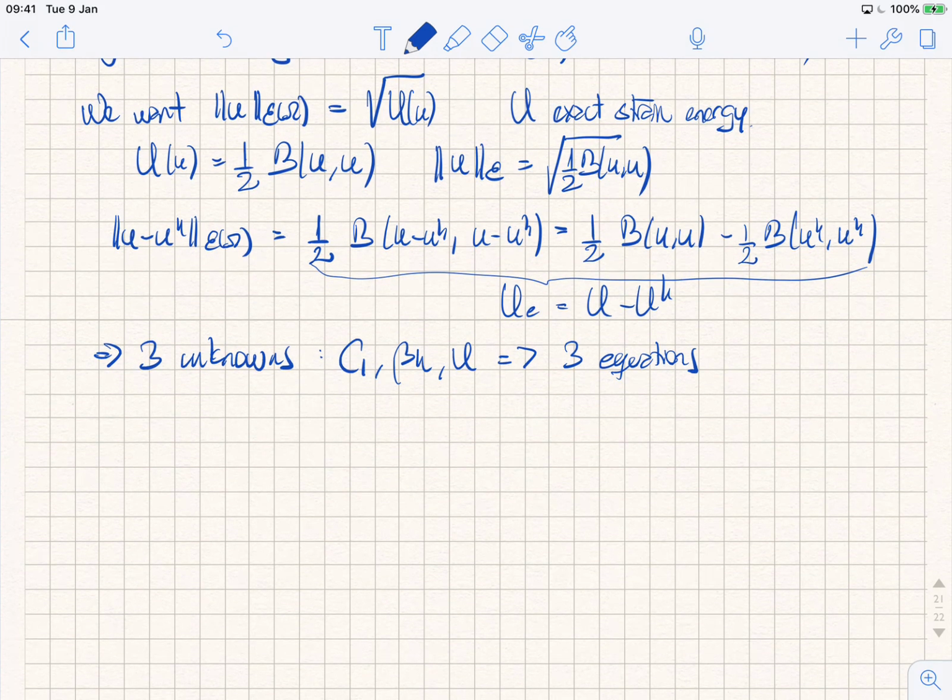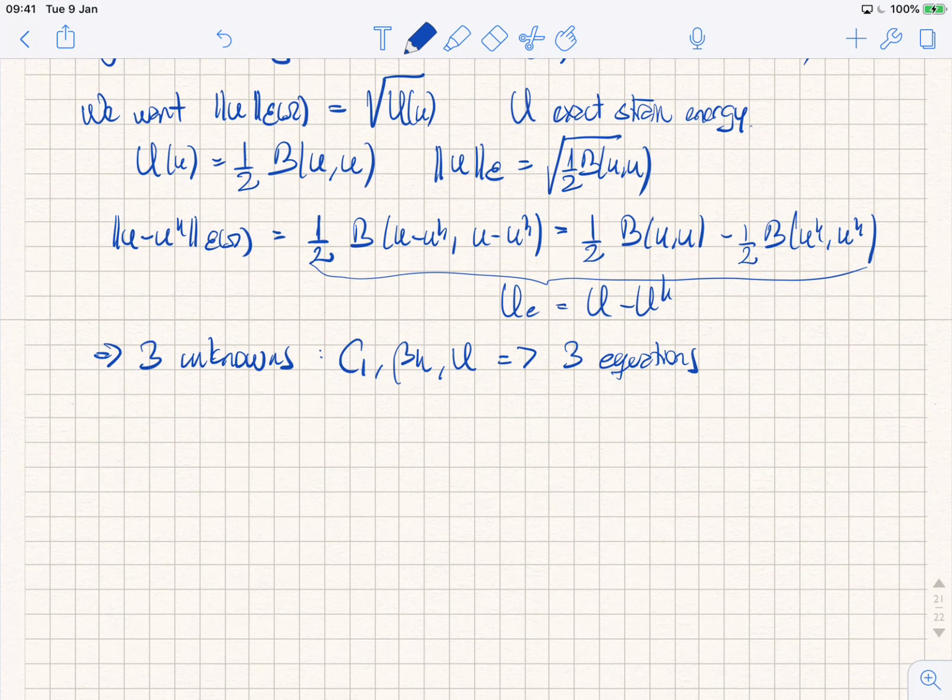And then what do we do? I have 2 equations left. What can I do with those equations to get rid of the constants? Who has an idea? We divide them, right? If I divide 4 into 5, I get rid of the 2 beta H. It's not there anymore, so I get